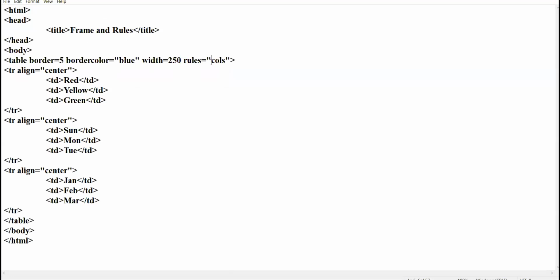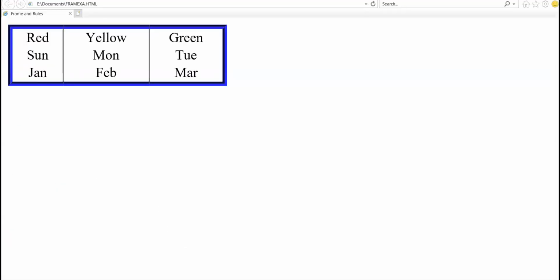Then the next value of the rules attribute is groups. Now, what is the meaning of groups? No border row wise, no border column wise. The entire data of the table is represented as a whole complete group. See carefully.